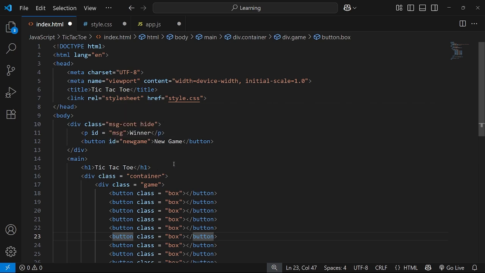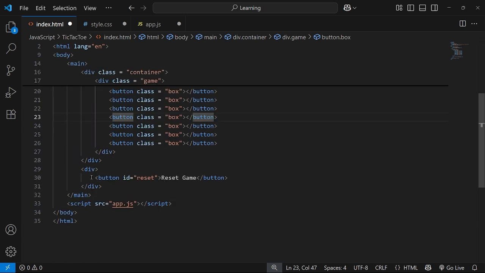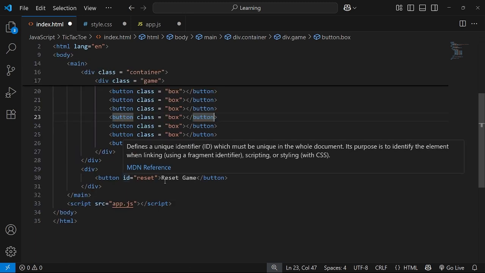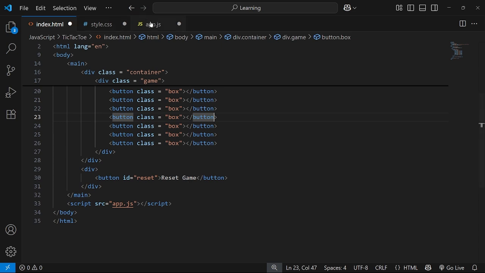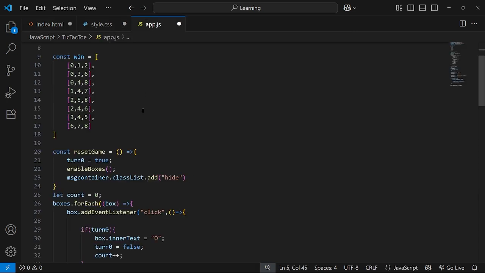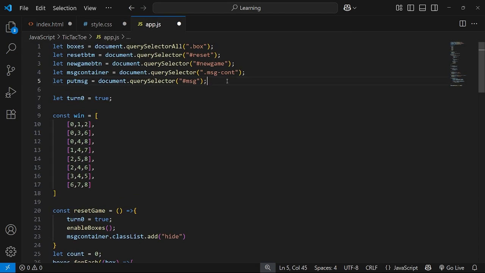For example, let's say I want to access this button which has the ID reset. In order to do that, just simply go to your JavaScript file, and here at any point,